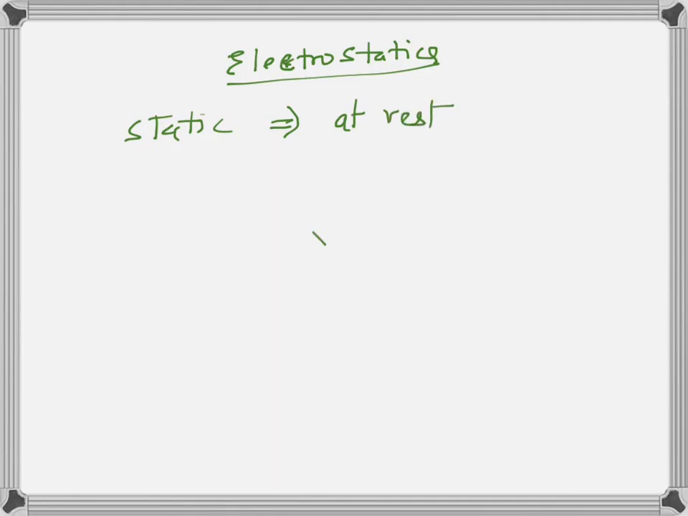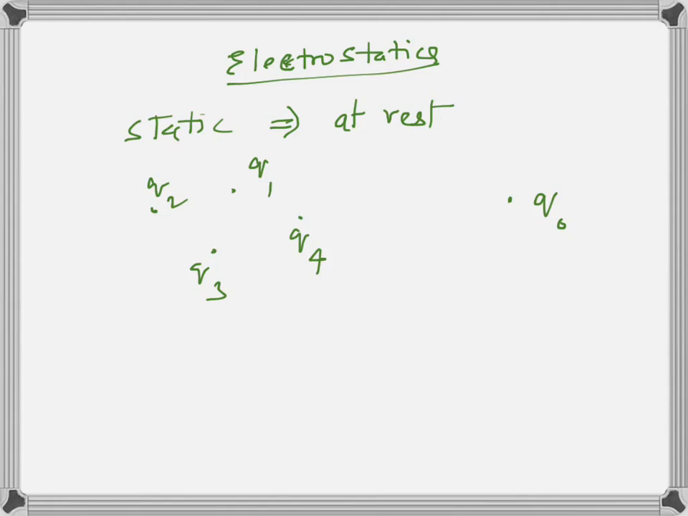So electrostatic means charges at rest. So we are going to deal with a subject where we are going to see the behavior of charges which are at rest. In fact, the problem that we are going to solve in this is, we are given a test charge called Q0. It is a test charge, and there are other charges Q1, Q2, Q3 and Q4, and our idea is